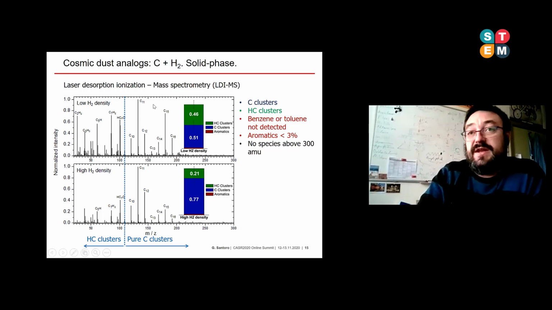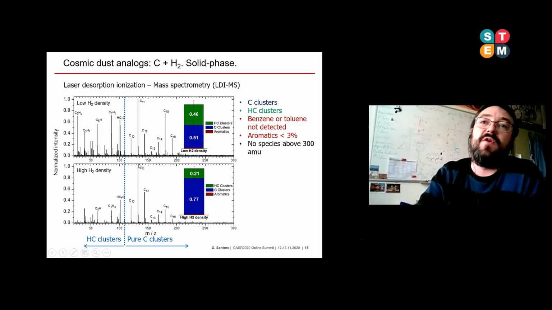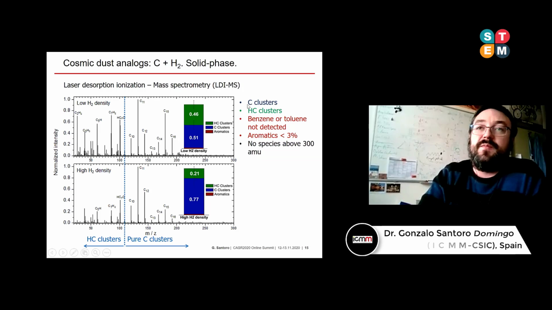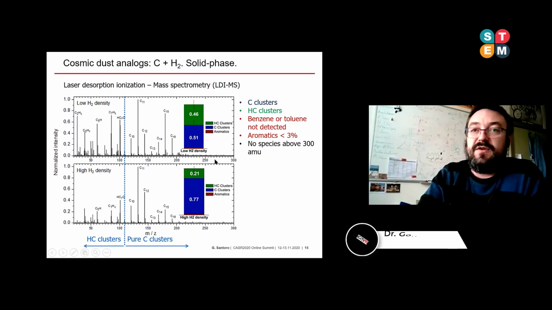And this is a technique that is extremely sensitive to aromatics. And even though this technique is extremely sensitive to aromatics, what we observe is that the solid analogs are formed basically by pure carbon clusters, hydrogenated carbon clusters, and aromatics represented less than 3% of the material